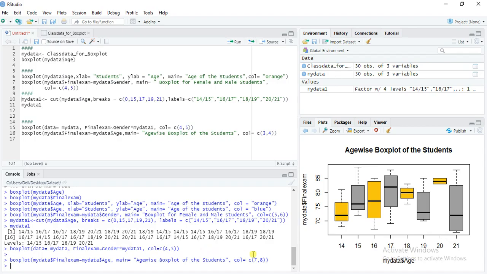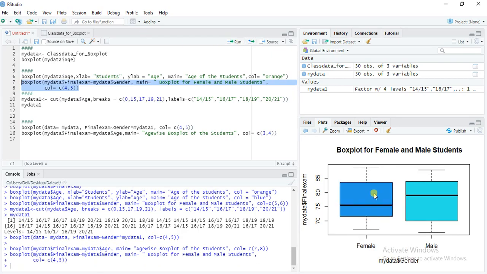We can give different color schemes also in our graphs. For example, I am recapping the things. For example, I am making this particular graph. If we want to change the title, what will we do? We will write the name of the title; we can give any name to our graph.